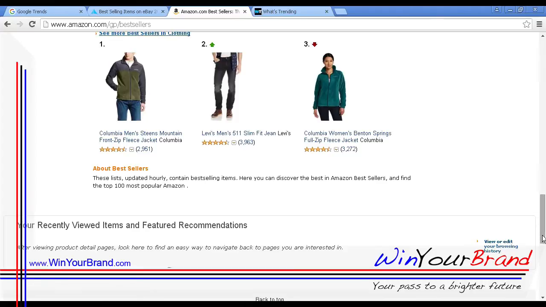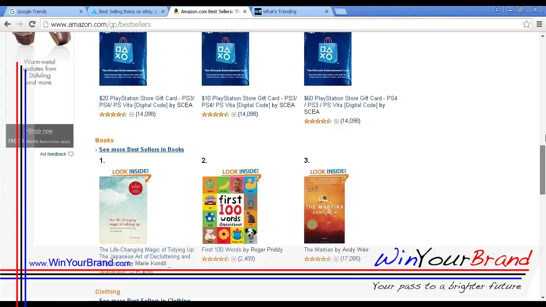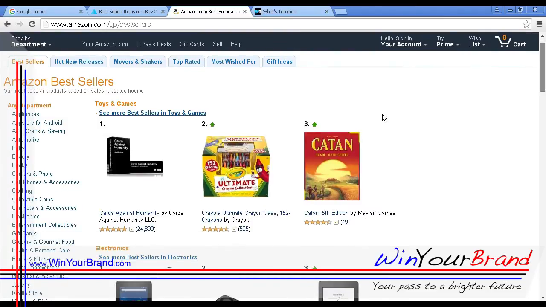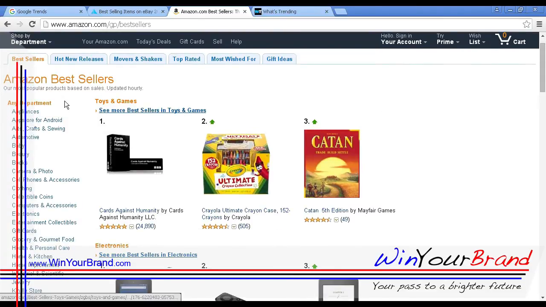And also, if you've been a regular user to the site, you'll have some featured recommendations based on what you've recently looked at on the site. Now, you can also go down and explore by department, which will give you a much deeper insight as to what's selling best on Amazon.